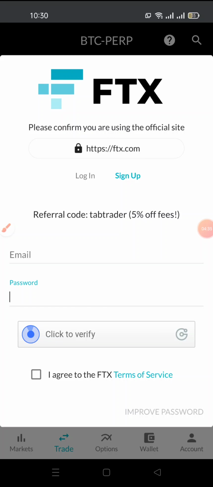So this is just the simplest way. You don't have to worry yourself about lagging. You don't have to worry yourself about the app taking time to load and all that, because one thing with the FTX Pro app is that it functions well on high-end phones. For you to use it maximally, your phone has to be of a higher grade. Those whose Android phones are of lower grades always find it difficult, because sometimes it lags and sometimes it takes time to open. But using this method gives you the same experience as you would get if you were using the